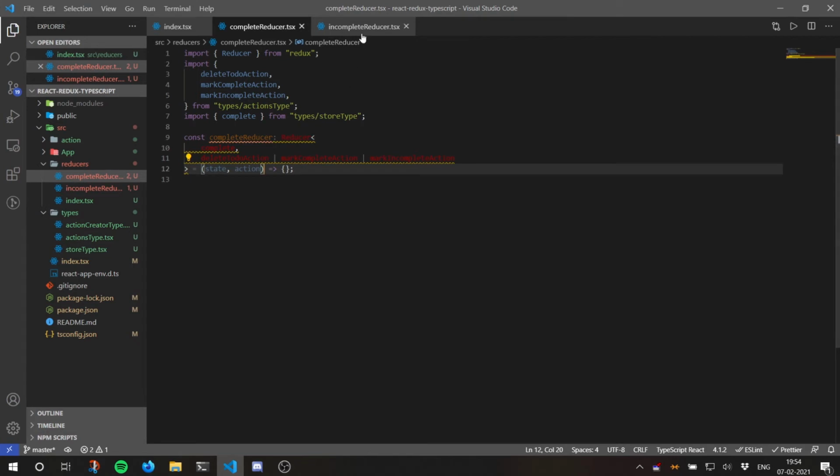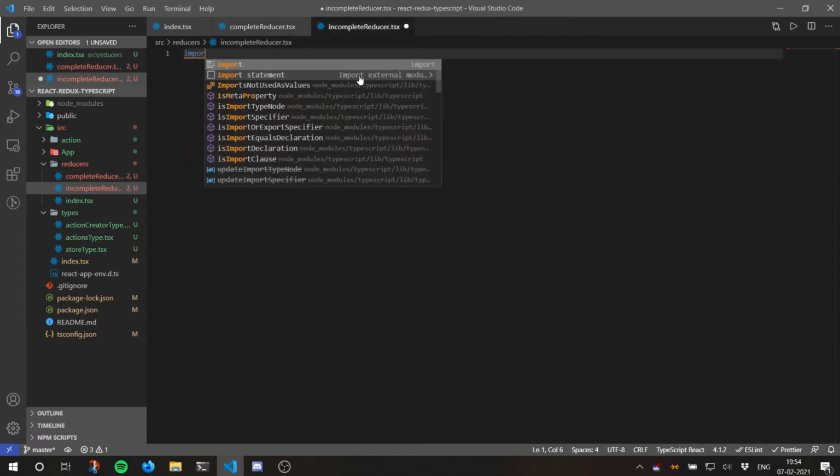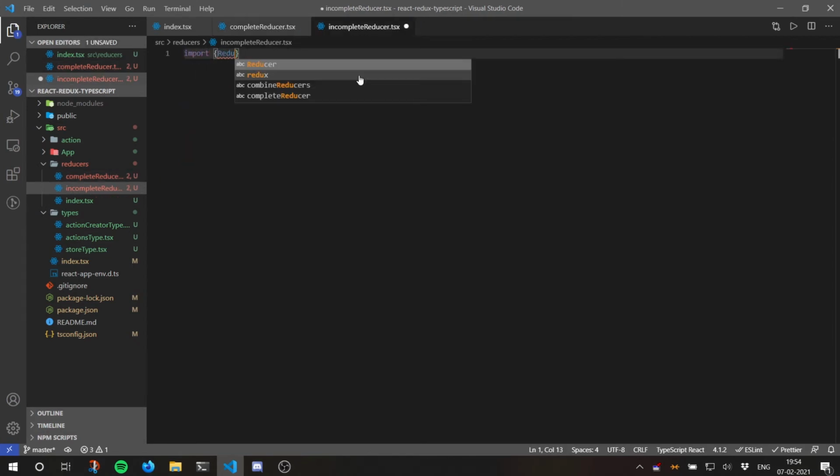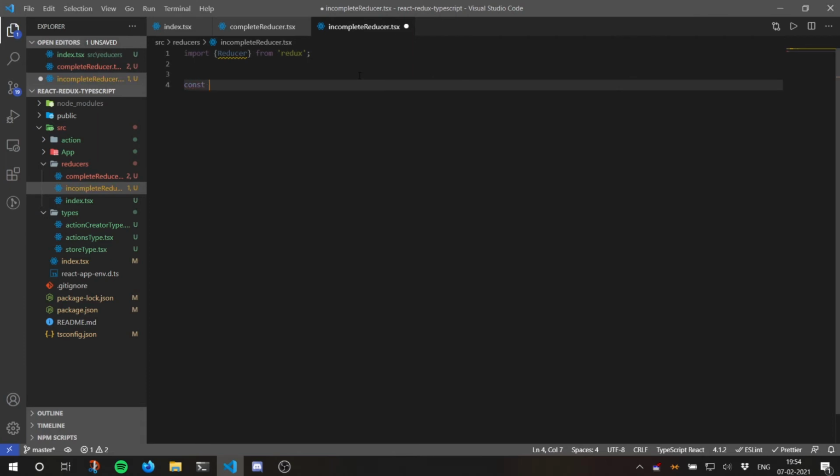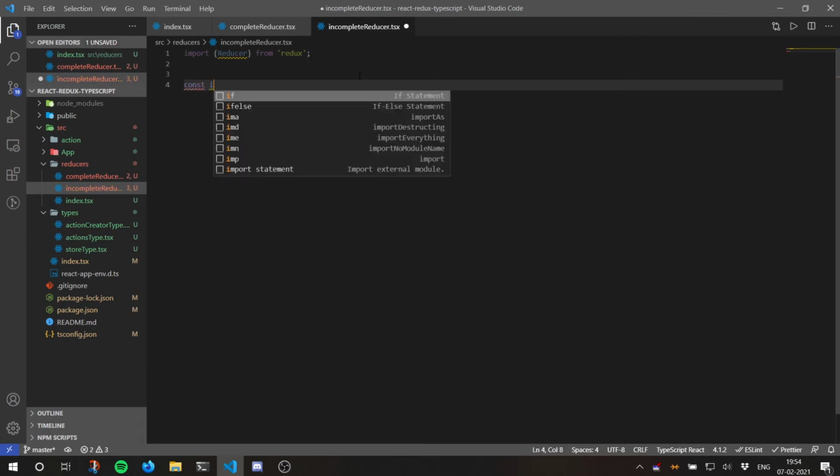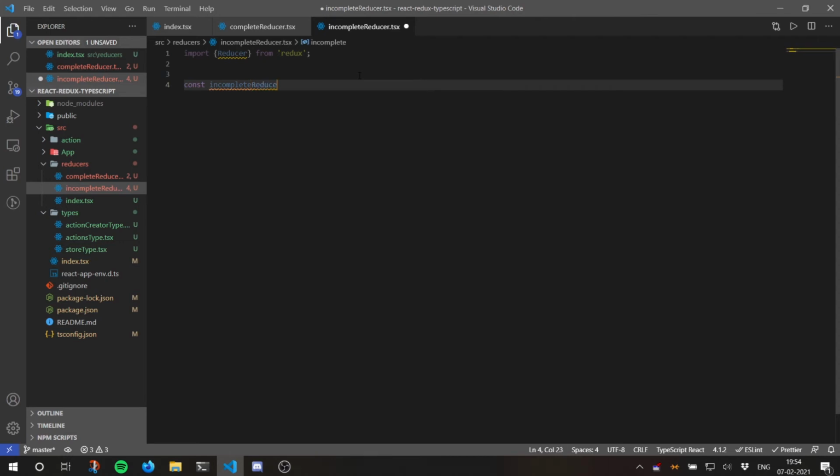Now let's do the same for incomplete reducer. We're going to import the reducer type itself from Redux, and let's define a reducer. So we are going to have a reducer called incomplete reducer, which is of type reducer,